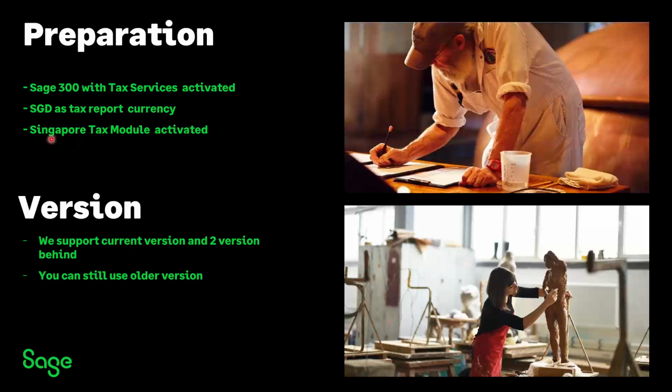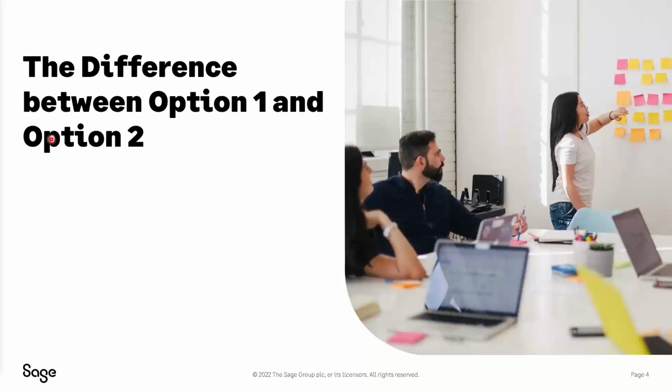Why? That is because the Singapore tax module is only available from version 2019 and above. Okay, so now let's take a look at what the differences are between option number 1 and option number 2. We did option 1 before in August 2022, and we hope in today's session we can elaborate more on option number 2 and why SAGE came up with 2 options